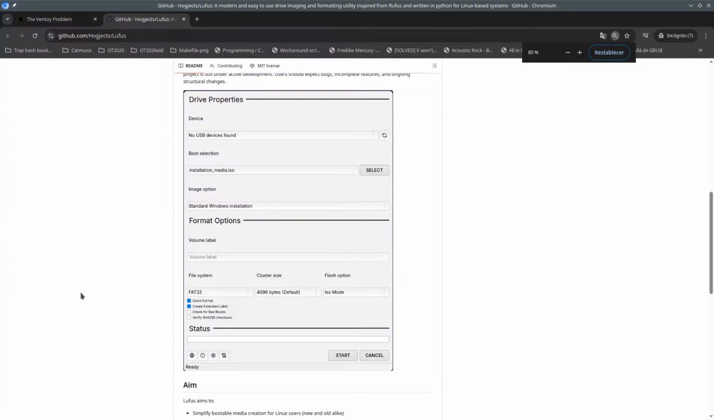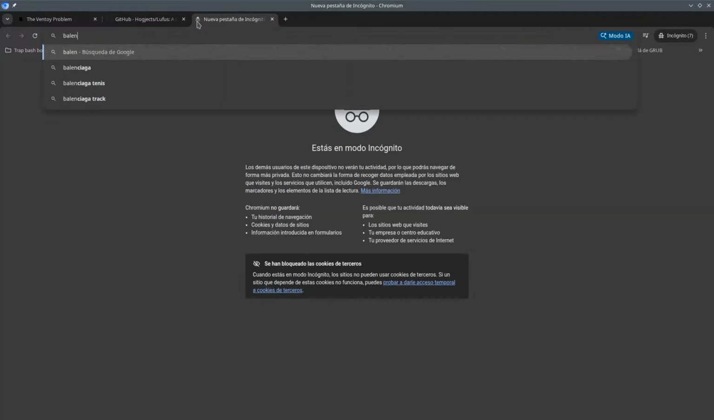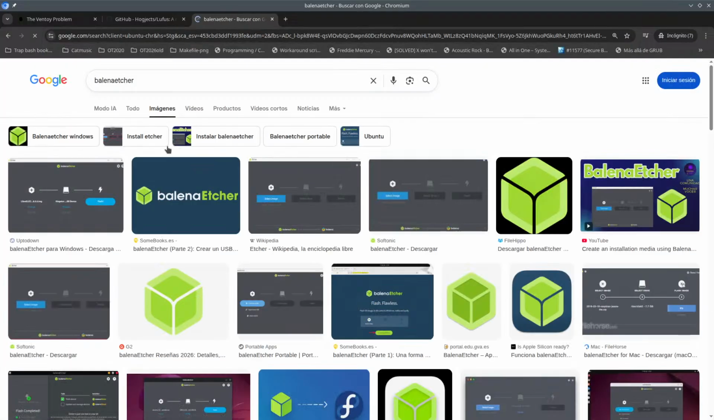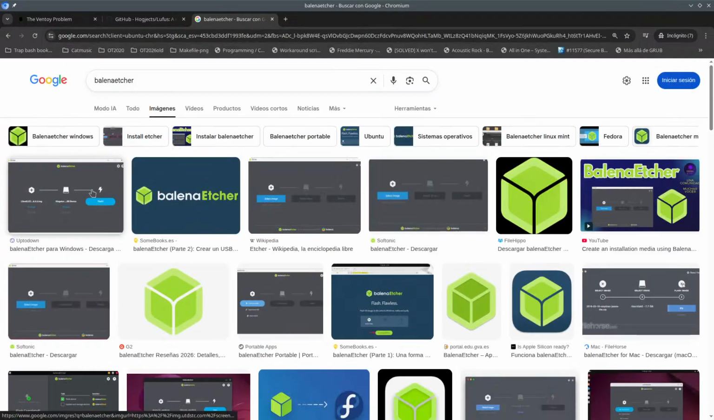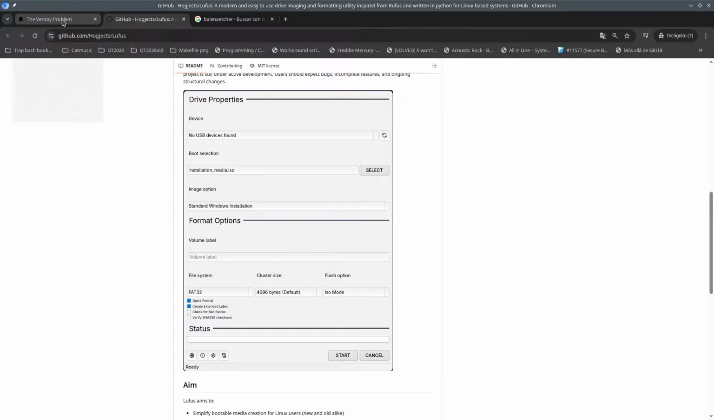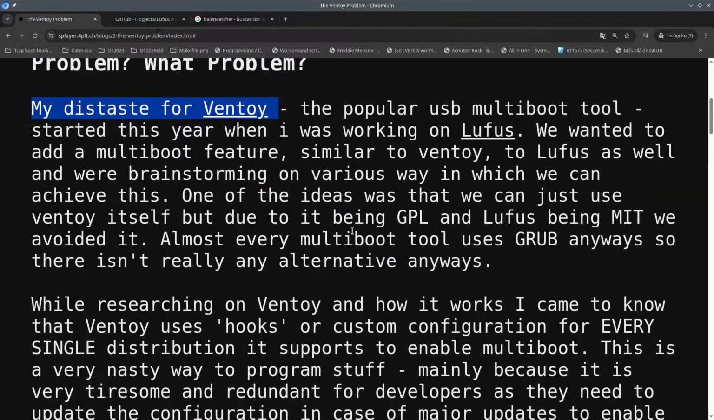Okay, so this is like the Ventoy thing, like Rufus stuff. What's the other one? The Balena Etcher. That's the only one that I like, because it's just selecting the ISO, then you put it on the USB, and then you flash. It's rather easy to use. Okay, so